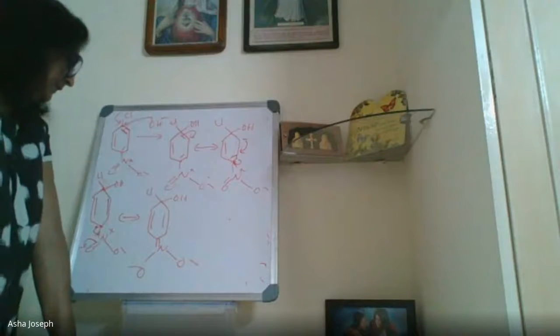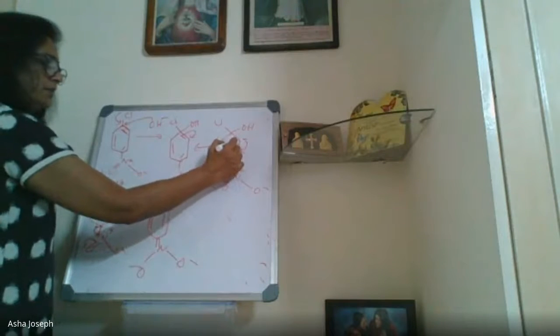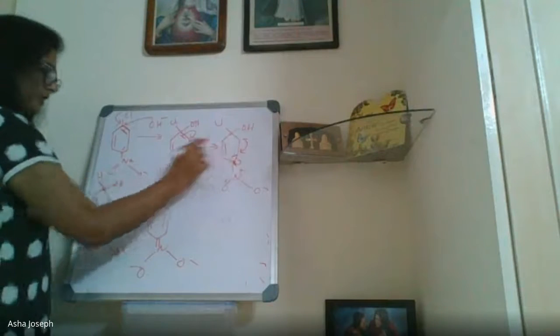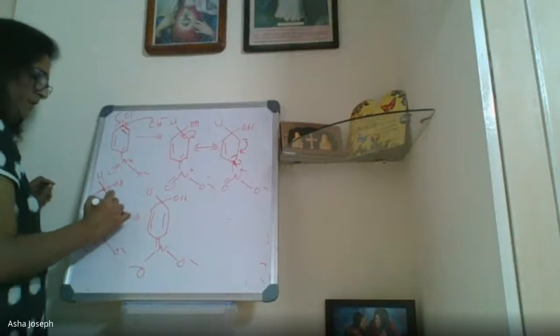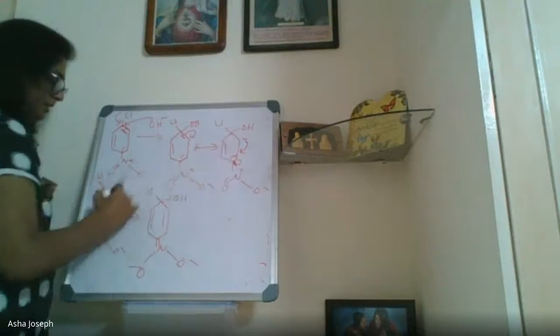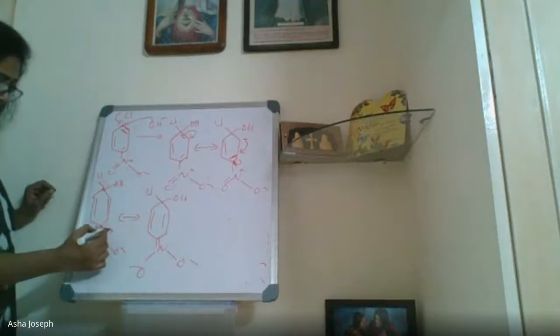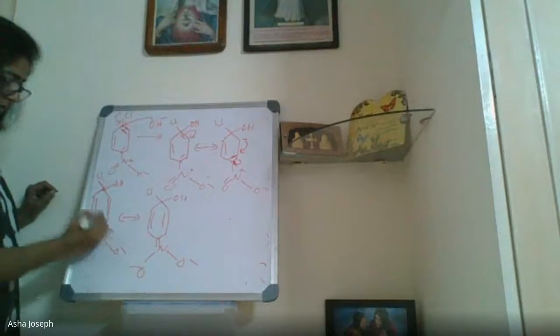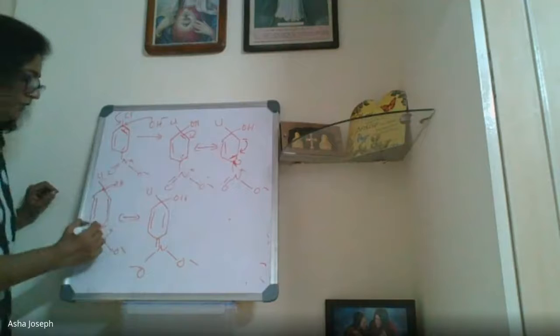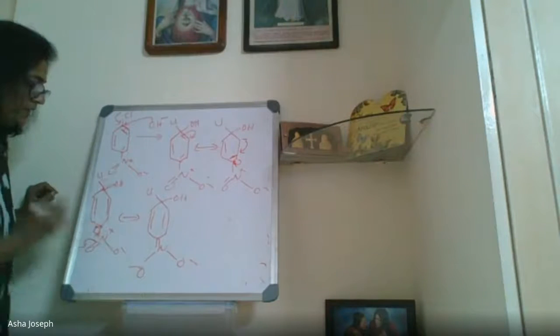Ma'am, the last two structures once more, please. These two. This one, yes. From here it is coming. Here, this negative, there is a bond, a double bond. If it gives electron here, a double bond will be formed. See. So a double bond. Then a double bond is formed here means this bond should shift. No? So shifting takes place. So what happens? Here negative charge will come. That bond is shifted. So a negative charge, that is why I wrote it here, negative charge.